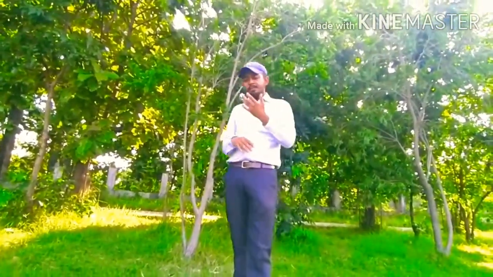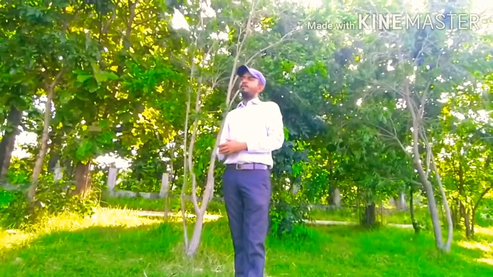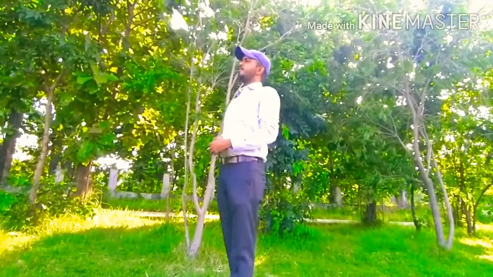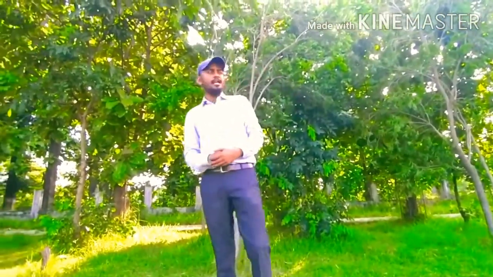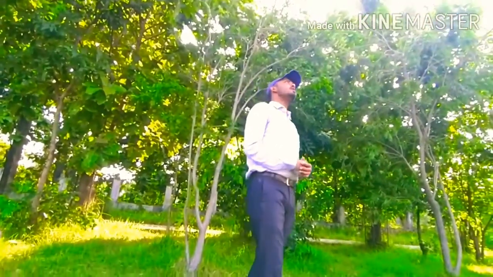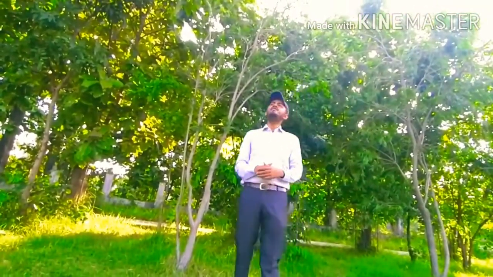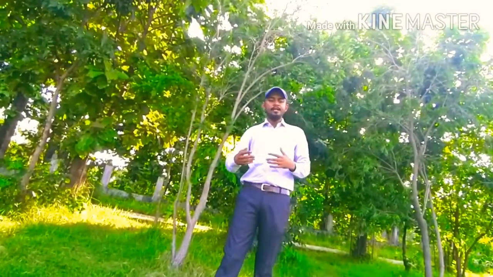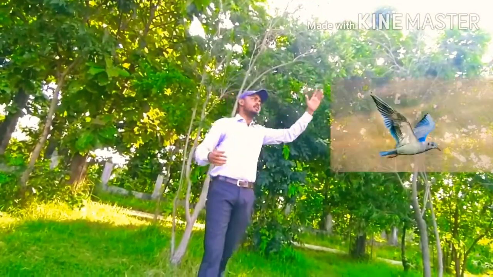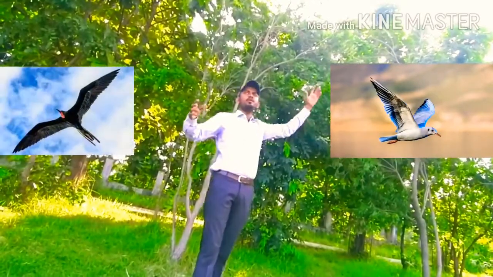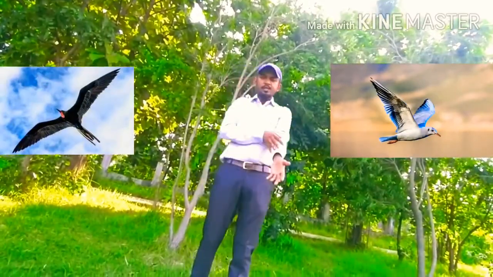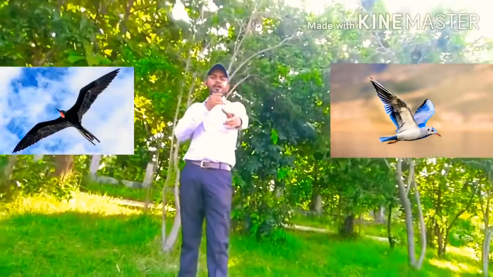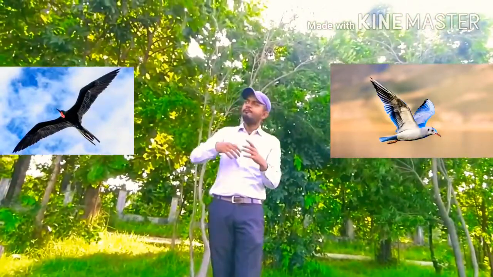And then come the birds. Now, when the organisms moved on land, in wet areas and in dry areas, they always looked up and thought about how it would feel to fly in the air. So the next evolution took place in the form of birds. Birds flew around with hollow bones and light muscles. They flew around, and